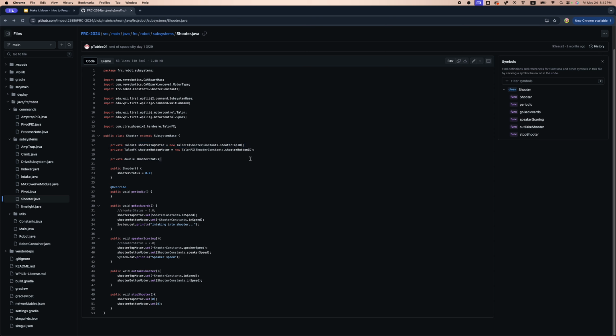And again, this is all next year's stuff, but it's kind of relevant for this week. So it'll declare a new Talon FX, a new motor controller. We'll call it shooter top motor. So this line of code is saying you are a Talon FX motor controller, and your name is shooter top motor. And that's going to declare a new Talon FX motor controller that has parameters inside,